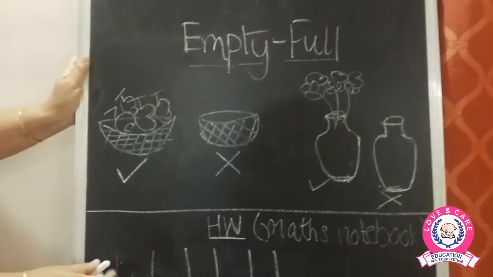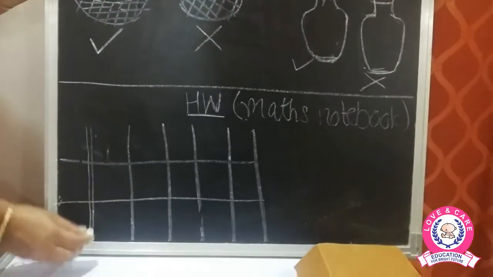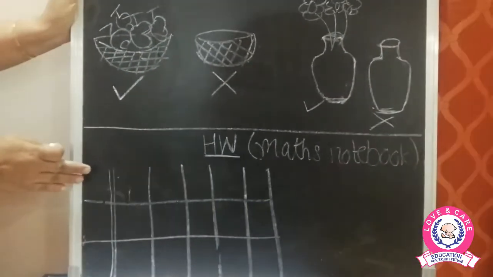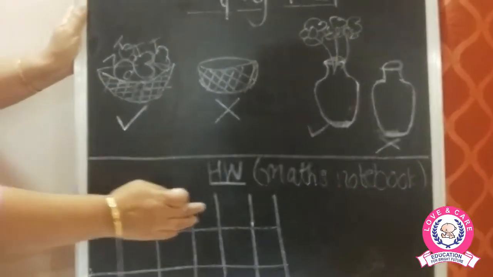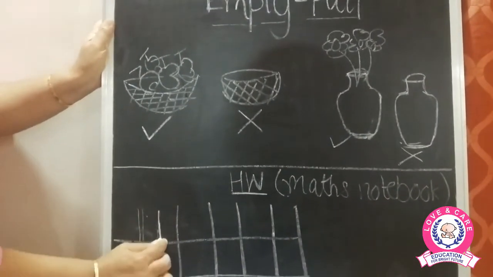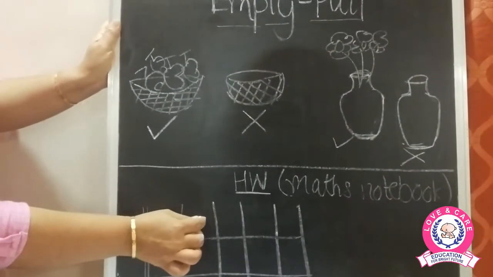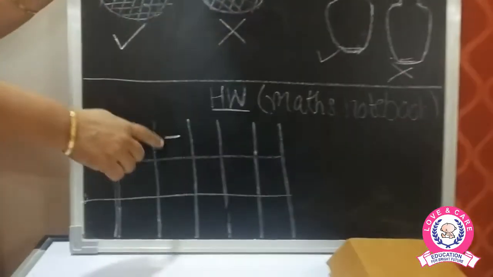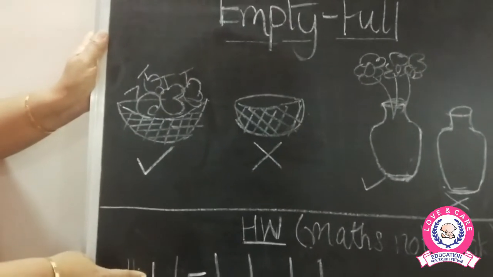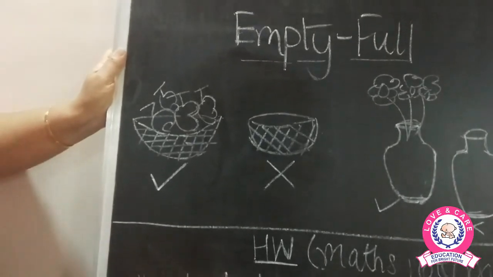Suppose this is a margin. You should never write on the left side of the margin, as I always say. You start from the right side of the margin. First you write 1 there. Then make a sleeping line in another box. Now you are going to use each box for writing each thing. First we wrote 1 in one box, then made a sleeping line in the next box.